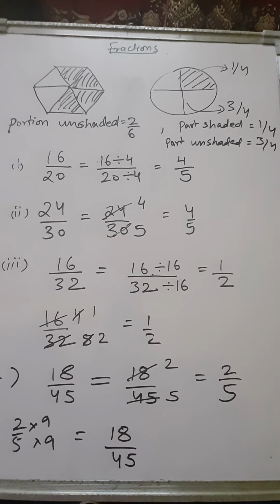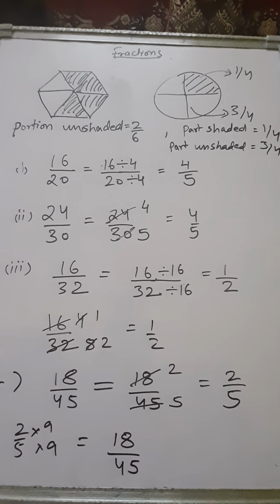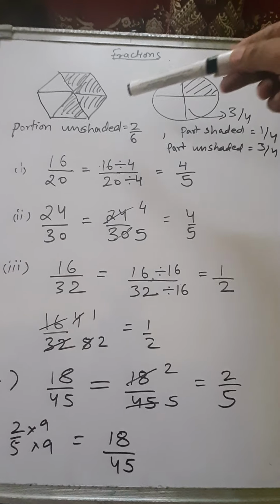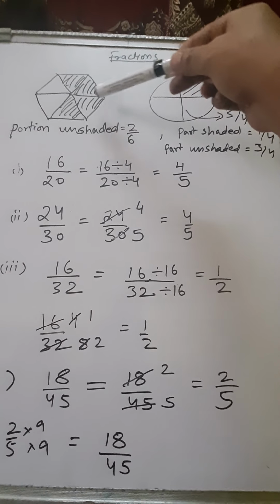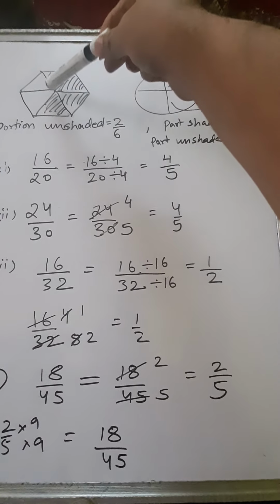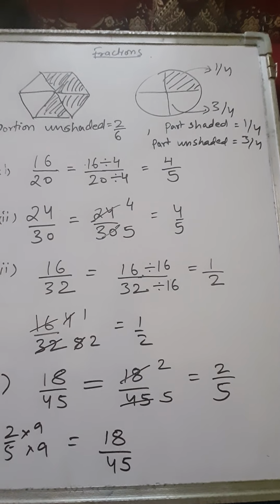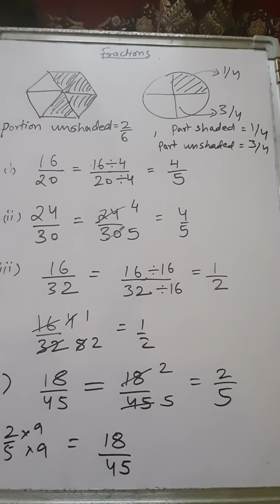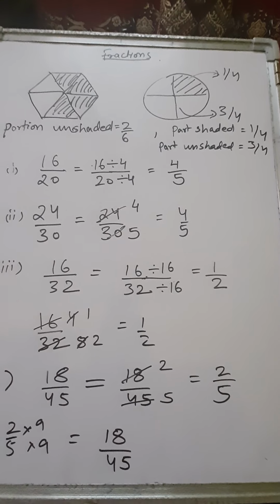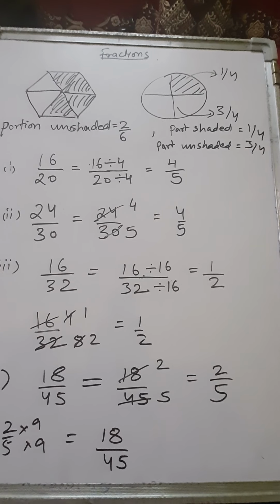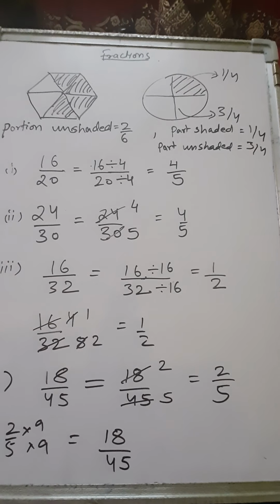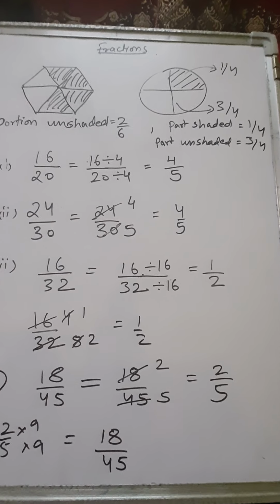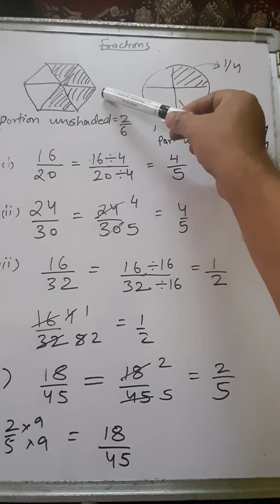Let's understand fractions. Suppose you have a figure and you have divided that figure into 6 parts like this. This figure is divided into 6 equal parts, 1, 2, 3, 4, 5, 6, right? And we have shaded 4 parts. So if I say form a fraction to find the unshaded portion, if you have to show the unshaded portion in the form of a fraction, you can say: in how many parts have we divided this whole figure?